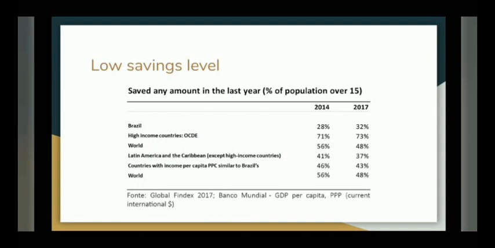One important reason that makes a country rich is the savings level of this country. In the long term, a low savings level stops the population from getting richer. Brazil follows this logic, which somehow explains why it is such an unequal country. The savings proportion of the Brazilian population is way below the global average and much more distant from high-income countries or peers.